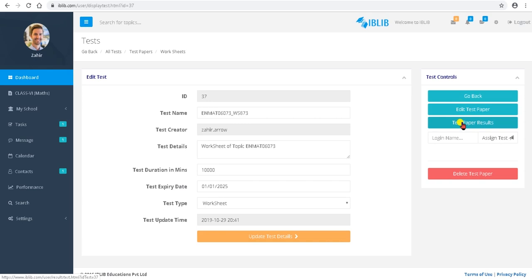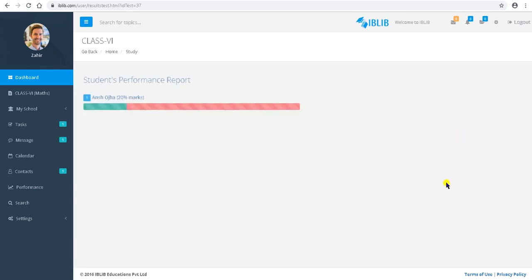Now there are other options available, edit test paper and these ones, where he can go and actually refine the test paper if he wants to, but we are not covering that now. Test paper results. Once he presses that, you can see that Ansh has already attempted and he has scored 20% marks, which is really a poor mark. Right? So he knows that he needs to work harder with Ansh on this topic because Ansh probably does not